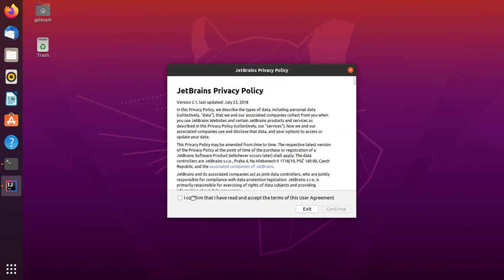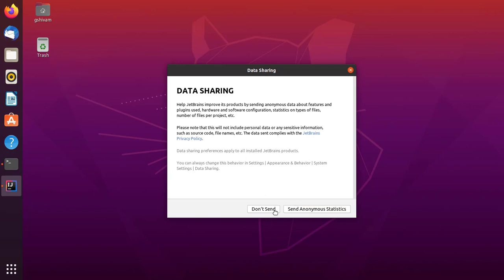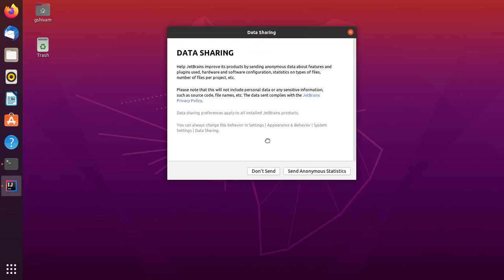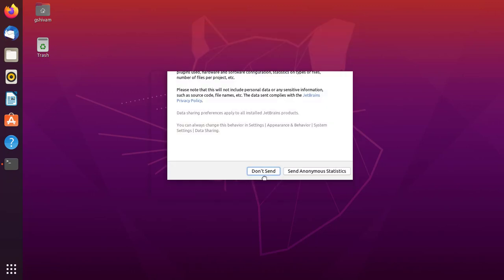It is asking to confirm the privacy policy. Click on the checkbox and continue. If you want to send your statistics about your app summary, you can click on send anonymous statistics or don't send. I don't want to send it, so I click on don't send.